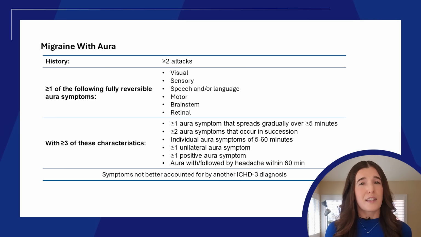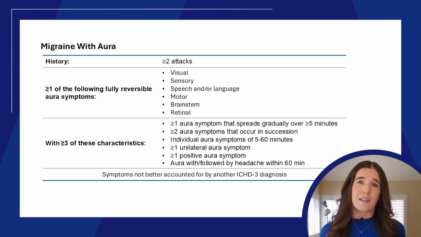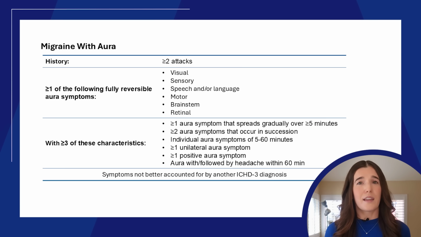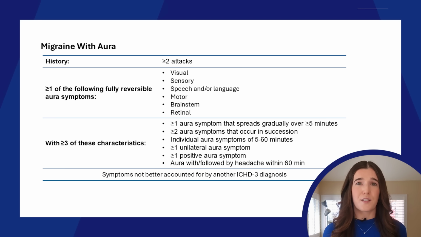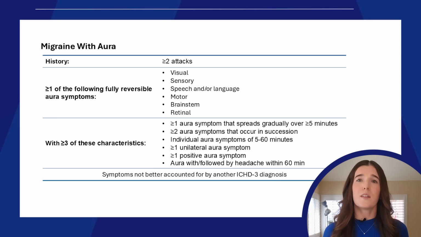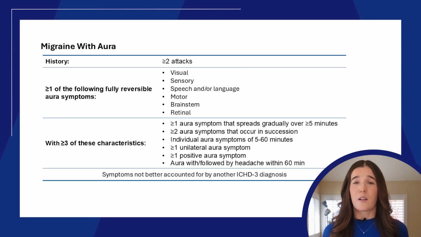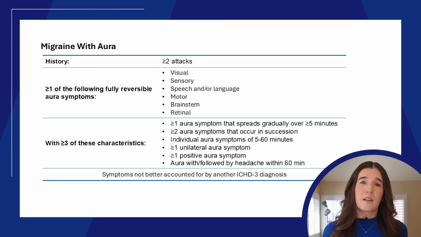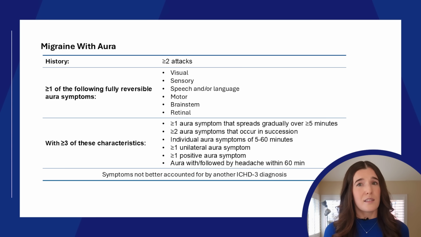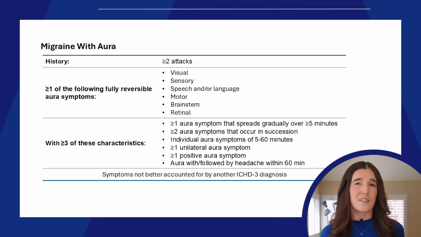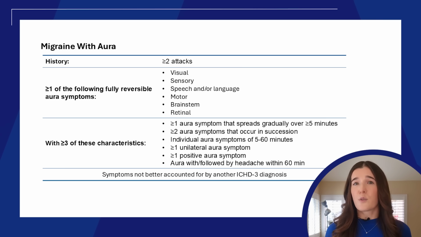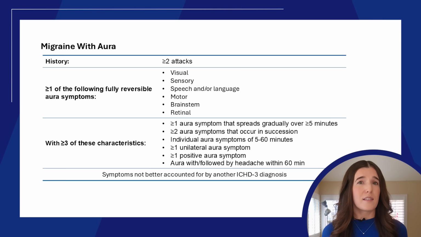Migraine with aura is characterized by a history of at least 2 migraine attacks, with the presence of at least one of the following categories of fully reversible aura symptoms: visual, sensory, speech or language, motor, brainstem, or retinal. For a diagnosis of migraine with aura, the patient must also experience at least 3 of the following: 1 aura symptom that spreads gradually over 5 or more minutes, 2 or more aura symptoms that occur in succession, such as a visual aura followed by a sensory aura, each individual aura symptom lasting 5 to 60 minutes,